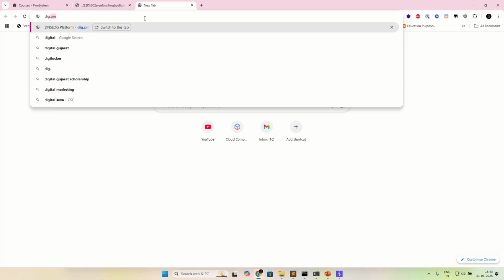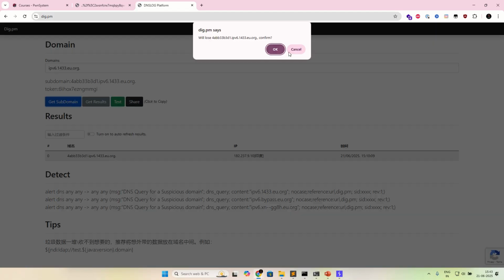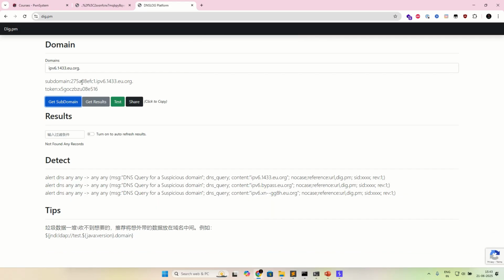So here I am going to use dig.pm, which I was talking about. So let's copy this subdomain and paste it over here and hit enter. Just wait.